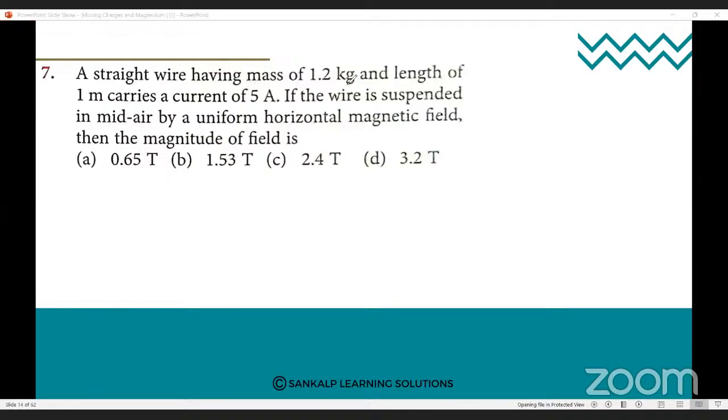A straight wire having mass 1.2 kg and length 1 meter carries a current of 5 ampere. If the wire is suspended in mid-air by a uniform horizontal magnetic field, then the magnitude of the field is. So they are asking for the magnetic field value. You have to calculate the magnetic field. Current is given, mass is given, length is given. So here the magnetic field is given by